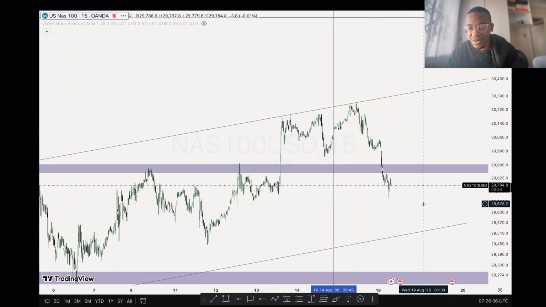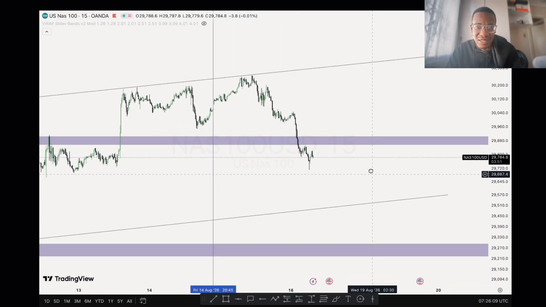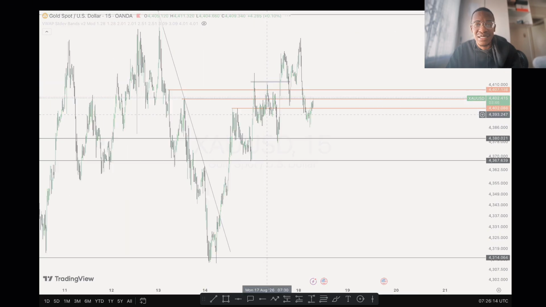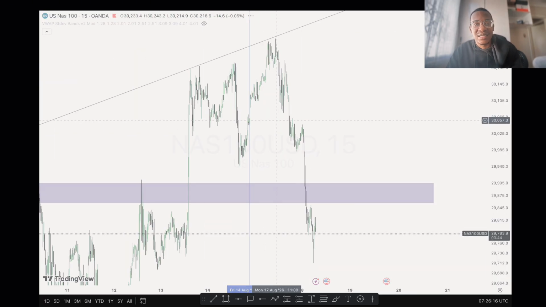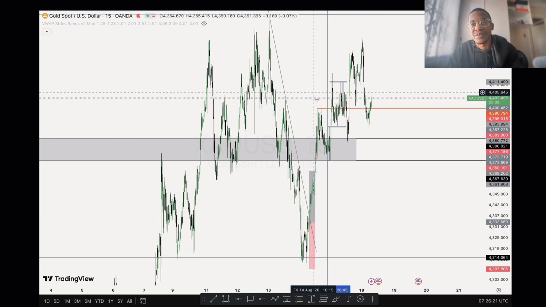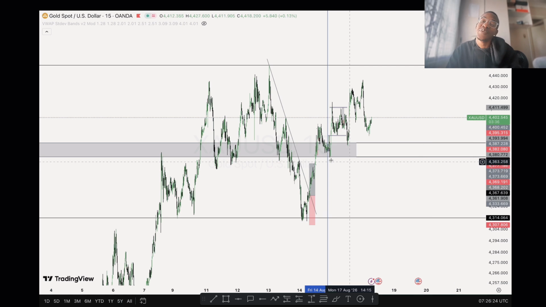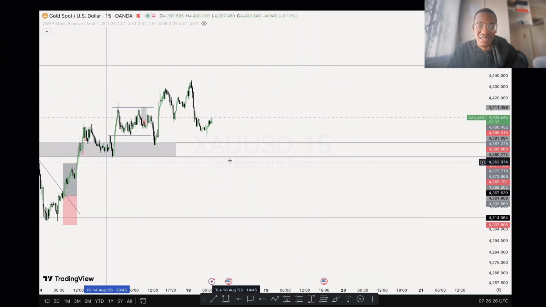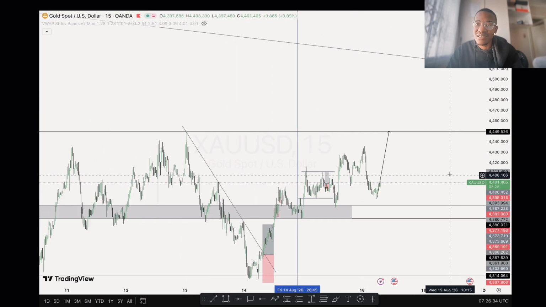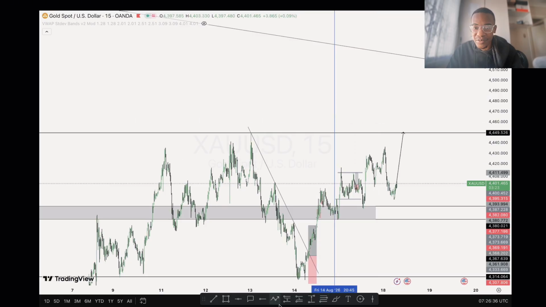But today I will only be looking out for Nasdaq. I think this is the only setup I'll look into. The rest, let me see on gold. Gold is currently bullish, and if I can take gold right now, it means I will be targeting this area here. But as long as gold did not break this level, come back and retest,